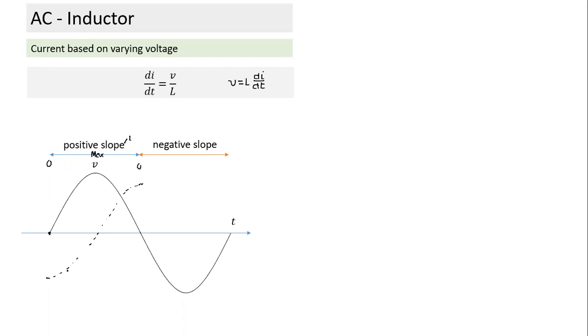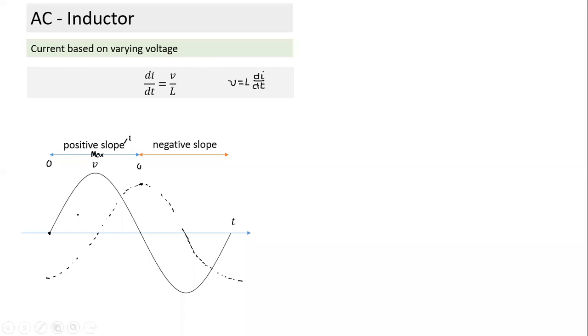Jaideep, have you understood why the shape is coming like this? Yes, sir. So what do you notice here? When is the current maximum? When the voltage has become 0. And afterwards, what will happen? Now negative slope. So until here positive slope, now negative slope. What would the shape look like? The shape will look like this.